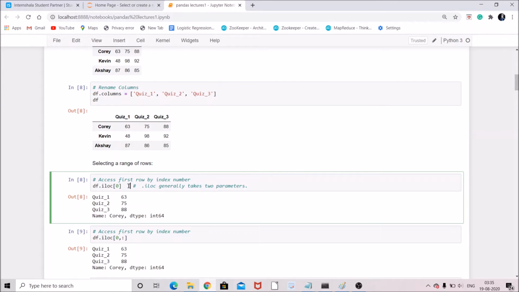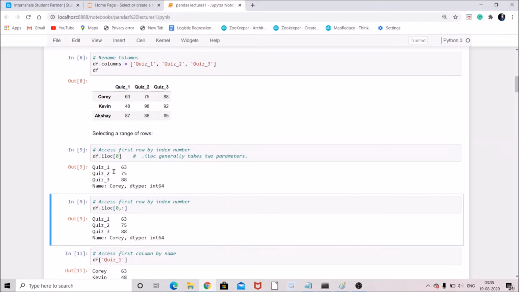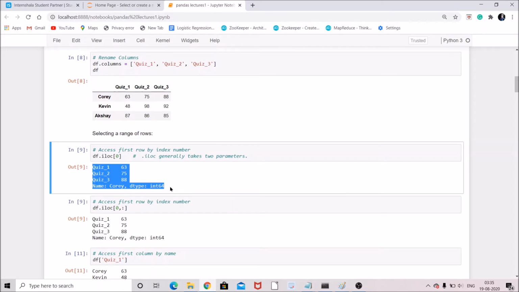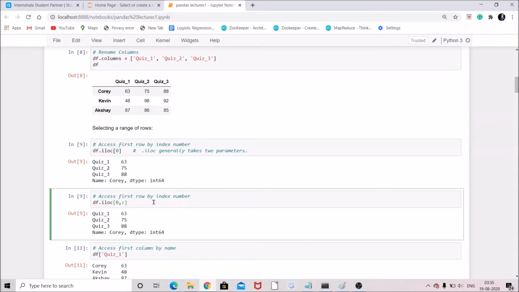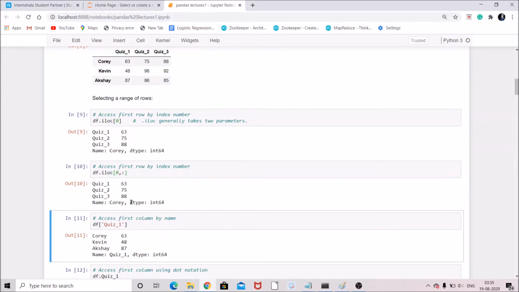Suppose we want to select the first column, we can write df.iloc[:, 0]. You can see that quiz 1, 2 and 3 are selected with their index, and the data type is integer. Suppose you want to access the first row by the index number, you can write df.iloc[0, :].